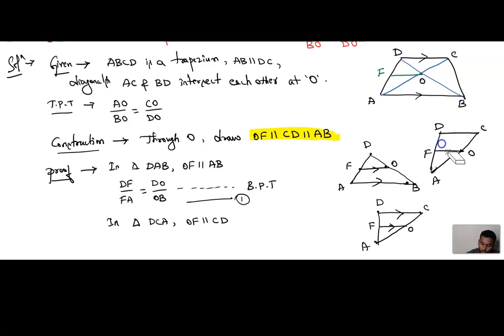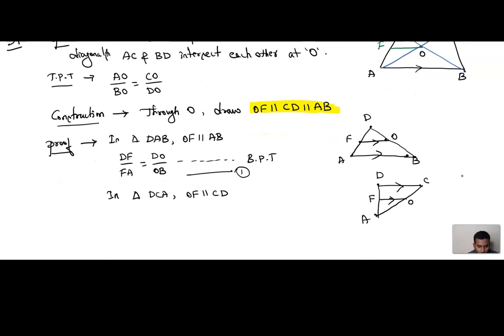Now, one more figure. OF is parallel to whom? AB. Draw the OF line. Draw the AB line. Join this. Where are these both meeting? At D. We got the top triangle. Simple. Nothing to worry. Just look at the parallel sides, draw the two parallels, extend the lines, and the top point is found. Apply BPT. Nothing else. Got it?